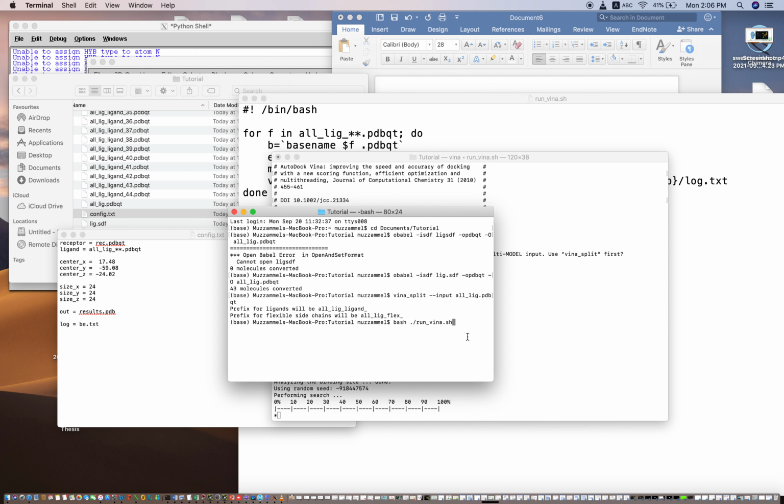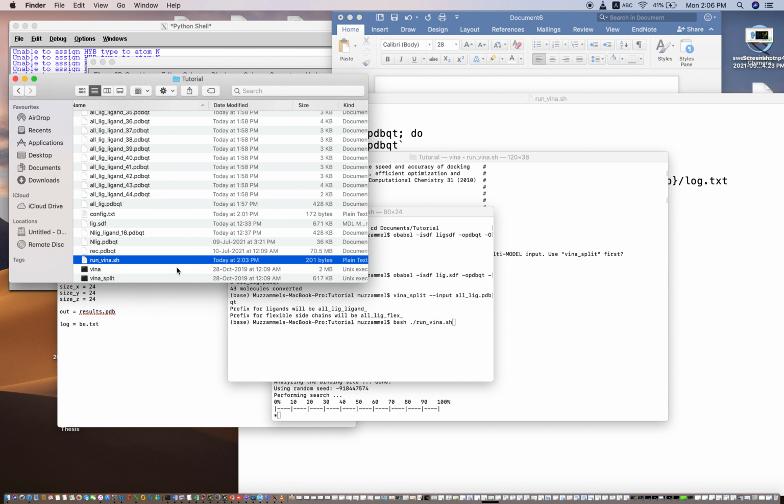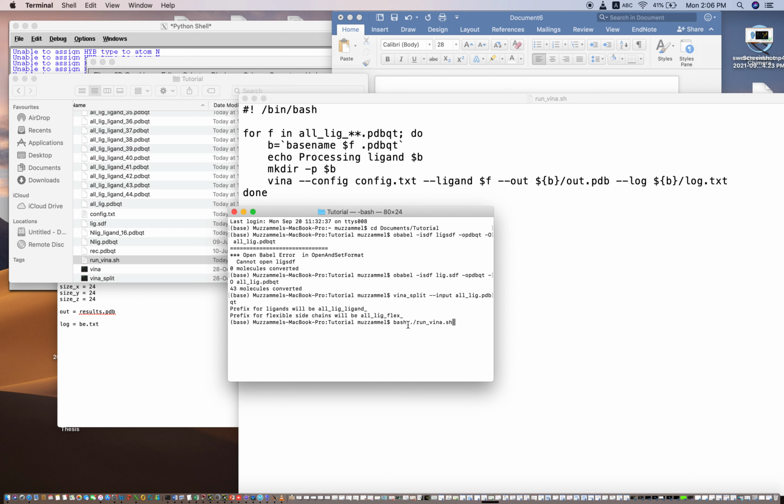This command is important: dot slash underscore run_vina.sh. That is exactly the file name which we have downloaded or prepared. This file name is _run_vina.sh. So I'll give this file name by only typing the dot and slash.